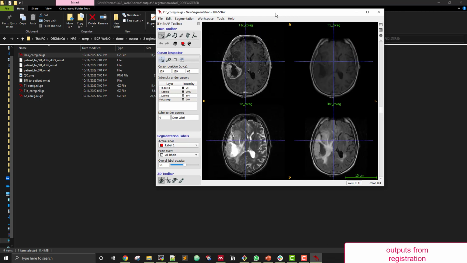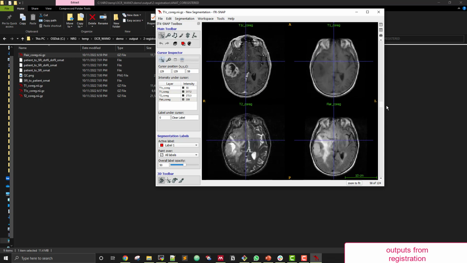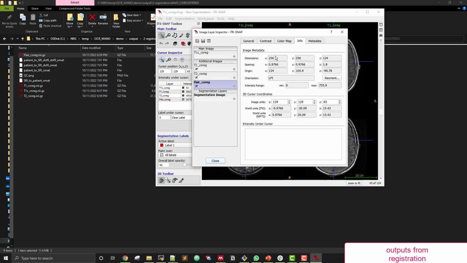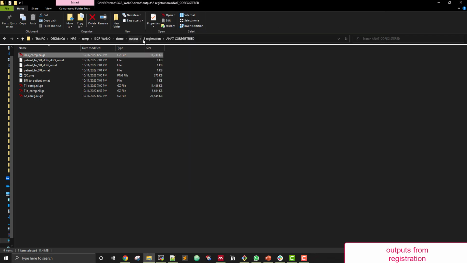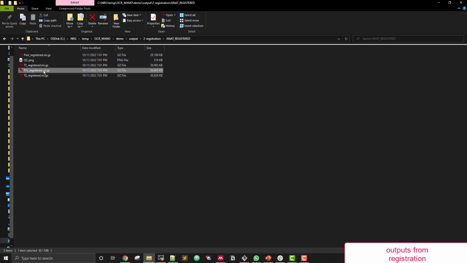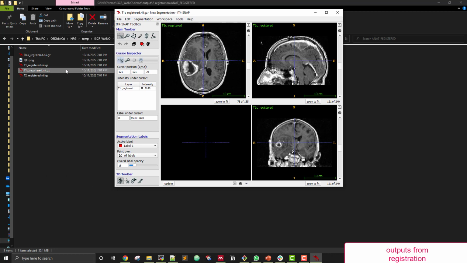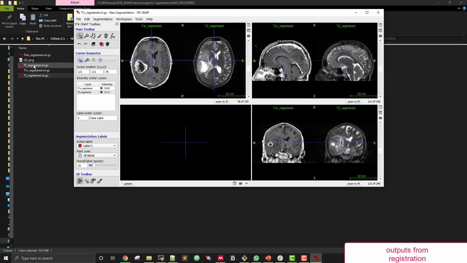And if I look at the scan slice by slice, we can see that they are all aligned to the T1 contrast scan. Looking at the image information, we see that all of them have the same dimensions and voxel spacing. Now the registration step also performs a registration of all these co-registered scans to a standard atlas, and in this case all the co-registered scans are also registered to the SRI-24 atlas.